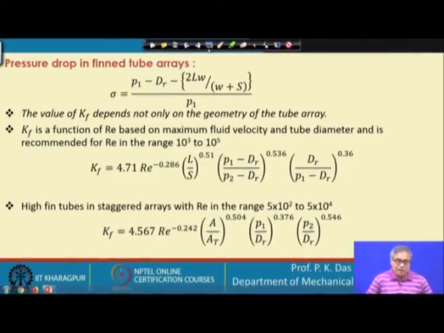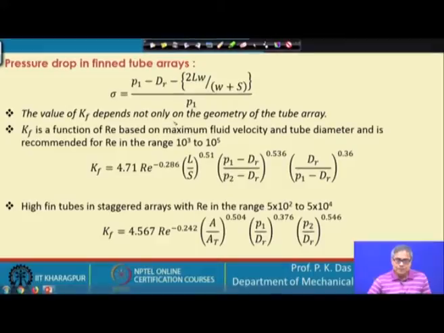So, sigma, how am I calculating the sigma? I have given some sort of a tube array, and pitch etcetera have been described. So, sigma comes from the geometrical feature. Sigma will be given by, as you can see, the P 1 pitch will come, d r, the root diameter of the fin, and then this is the height of the fin, this is the width of the fin, and the space between two fins. So, all these things will come here.